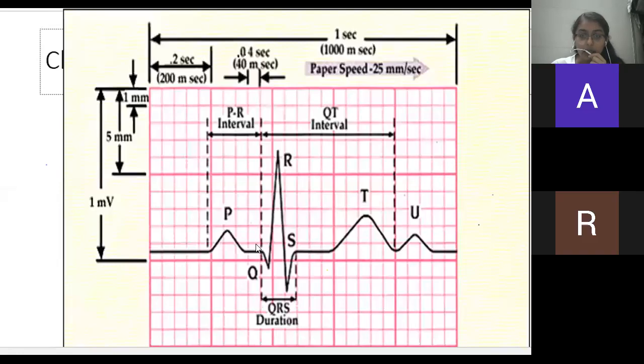So wherever we, yes, the PR interval. This PR interval tells you the entire amount of time the current is taking to generate from SA node to reach AV node before there is passage of current from AV node to bundle of His. Now the next interval is QT interval. QT interval starts from the start of ventricular depolarization to end of ventricular repolarization. Okay.